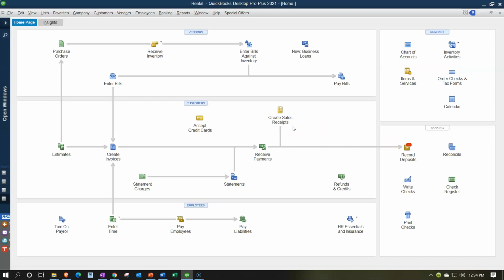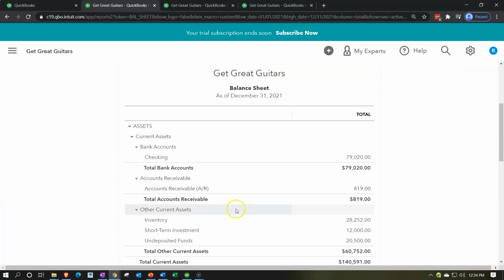However, if you get paid like by check or payment by payment, and you just electronically put that into the banking account, and you do it one at a time, one payment at a time, then you may not need the added step of then going to the bank and depositing them and therefore going through the undeposited funds account. So we're going to go back on over,